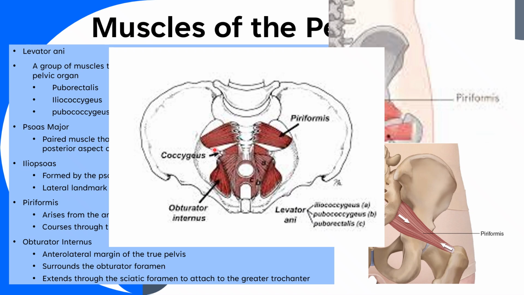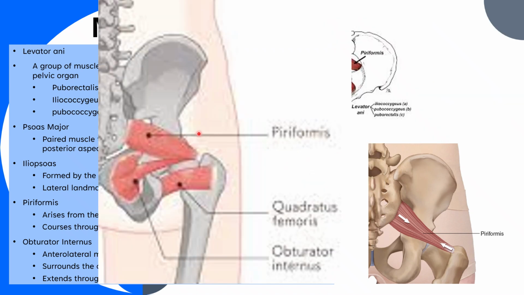It courses through this greater sciatic notch right here and comes around to the back side of the pelvis. As it comes out of the greater sciatic notch, it courses along this posterior aspect to connect, and you can see it here, into the greater trochanter of the